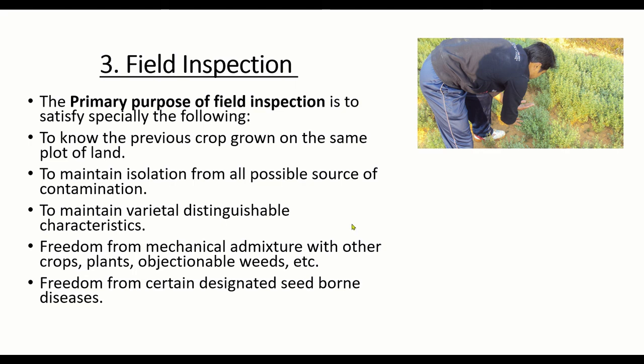Okay, so the farmer has to keep the field plot clean of off types and volunteer types, and of course objectionable weeds and mixtures, so that the seed inspector won't reject the field plot because of having all these inferior quality characteristics. Okay,